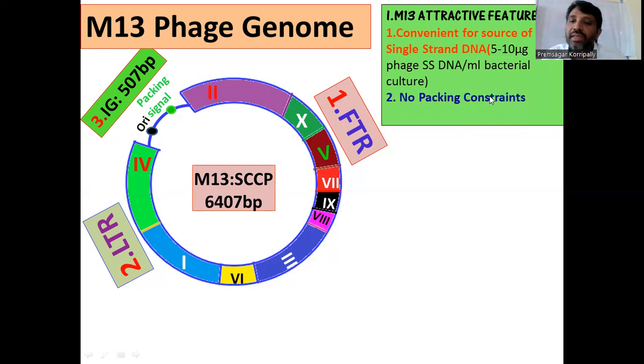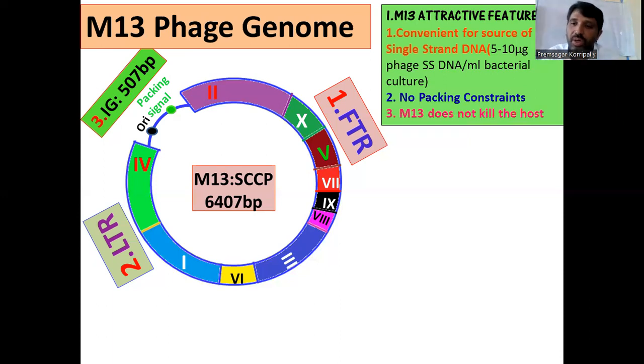And unlike lambda phage, it doesn't have the packing constraints. You all know lambda phage can only pack between 37 to 51 kb of genome size. If it is above that or below that, it cannot pack. But here, no packing constraints. Third one is M13 does not kill the host. So these are the attractive features of the M13 to consider and to develop as a